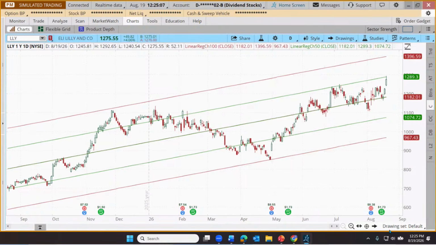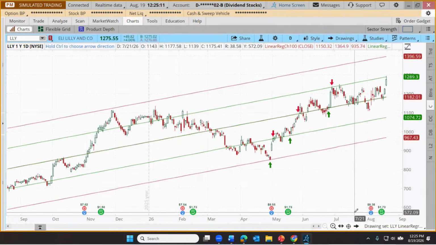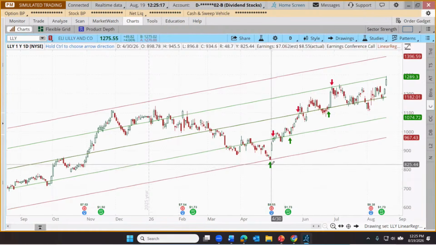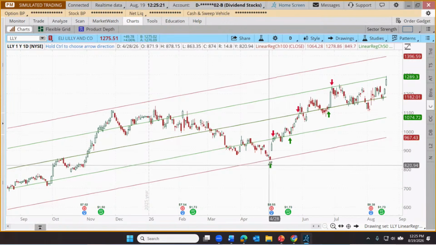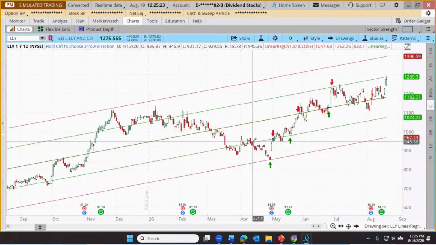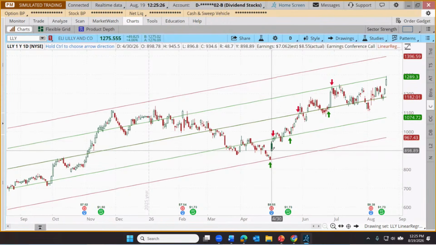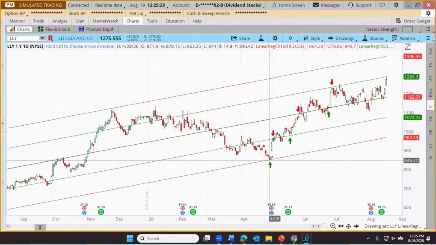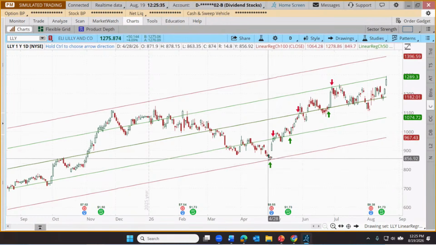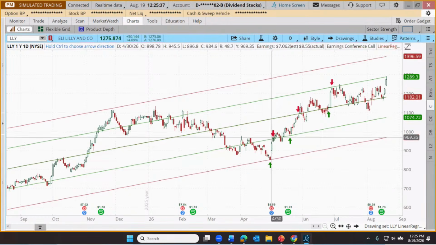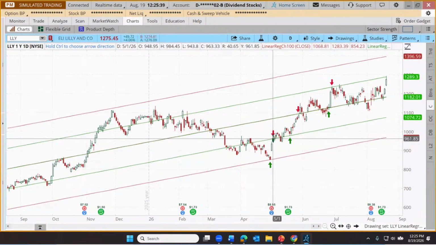All right, so let's do this. Let me remove this little drawing. I'm going to add the linear regression channel drawings that I've added, and let's talk about how this might be traded. Well, sometimes the trader will look for a bounce off of one of these channel lines. So this green line here, notice we got down to that line and we started to move up. A touch or a move off of one of those lines can become an entry. So if we're trading entering on one line, the exit is typically just if we reach the next one.